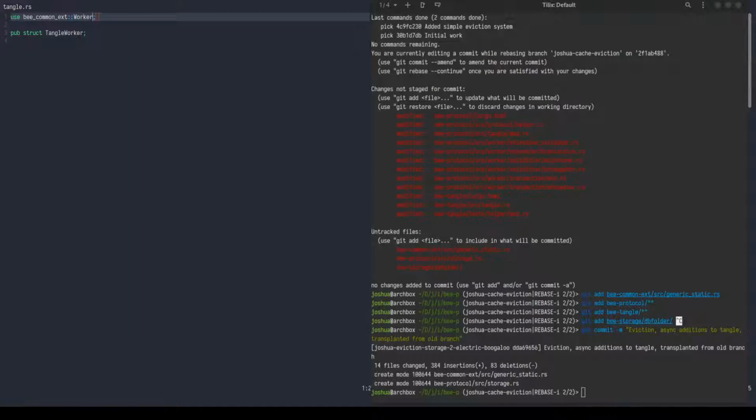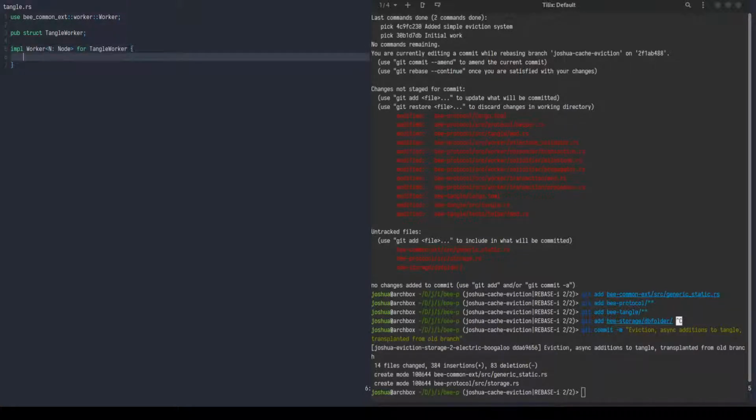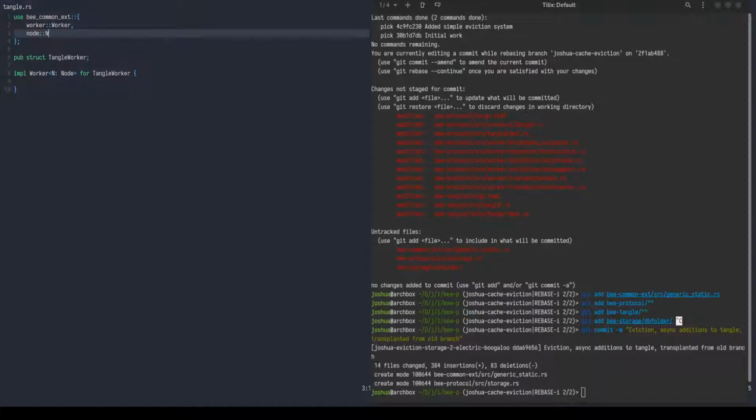No. So this tangle worker is going to be used for controlling the startup and the shutdown of the tangle, and